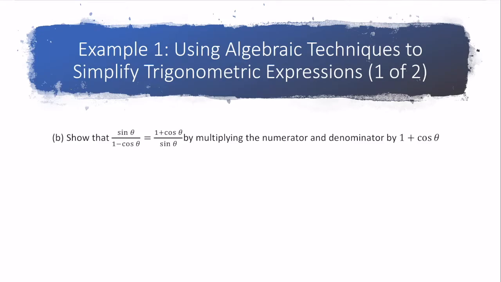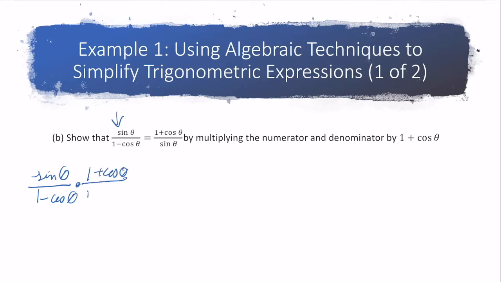For this next example, we're going to show that the left-hand equation of sine of theta over 1 minus cosine theta equals 1 plus cosine of theta over sine of theta by multiplying the numerator and the denominator by 1 plus cosine of theta, right? This is when we're multiplying by a very strategic 1. So if I have sine of theta over 1 minus cosine theta, and I multiply that by 1 plus cosine